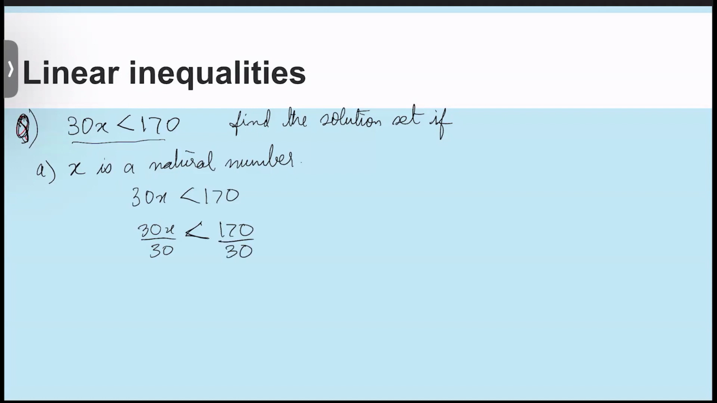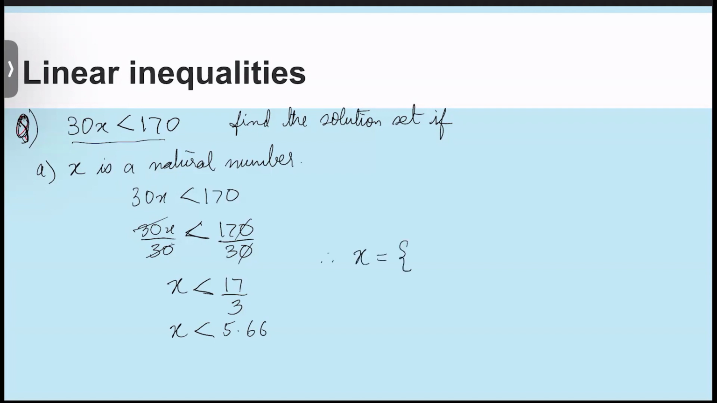So the 30 cancels, and x should be less than 17 by 3. That actually comes out to be less than 5.66. Now we are saying that x has to be a natural number. So it has to be less than 5.66. Therefore, the solution set that we have